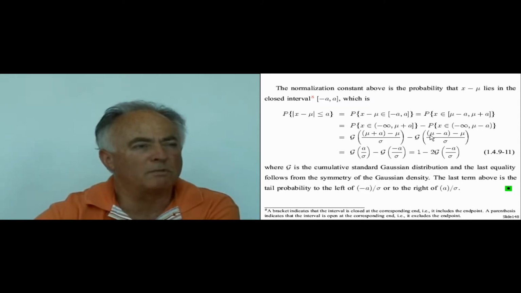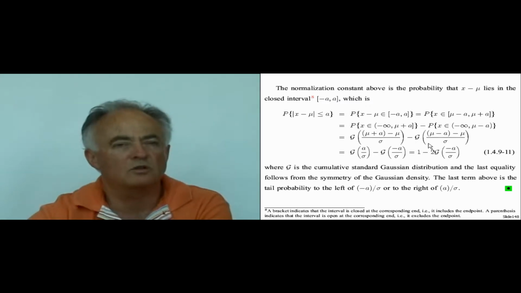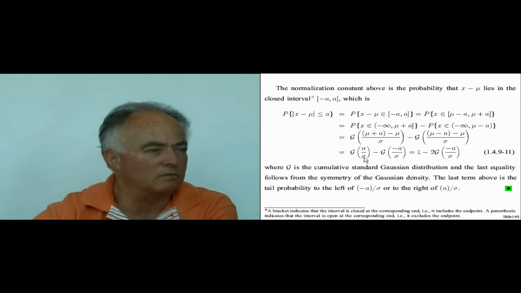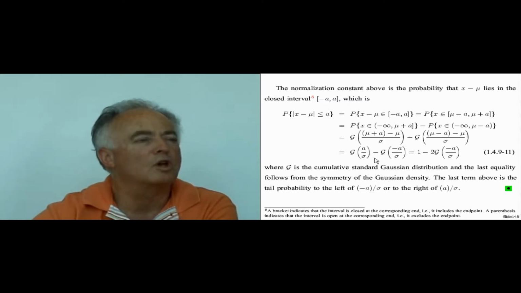Same thing now, the upper limit is mu minus a, I subtract the mean of the density, divide by sigma, the standard deviation, because this is the essence of the standard Gaussian density. It has mean 0, so I've got to subtract the mean, and variance 1, so I've got to divide by the standard deviation. And this is the Gaussian distribution at a over sigma, minus the Gaussian distribution at minus a over sigma,